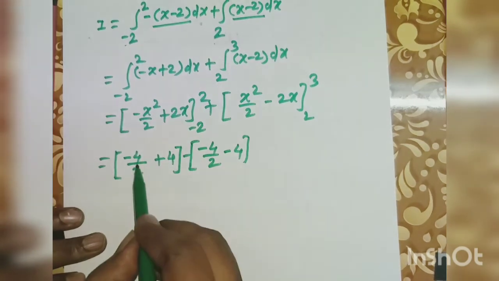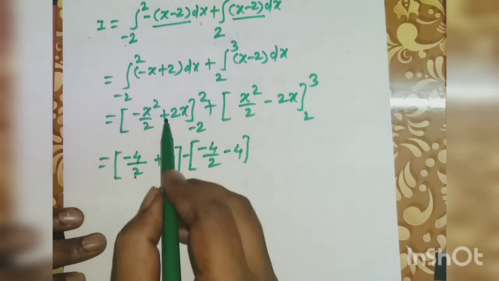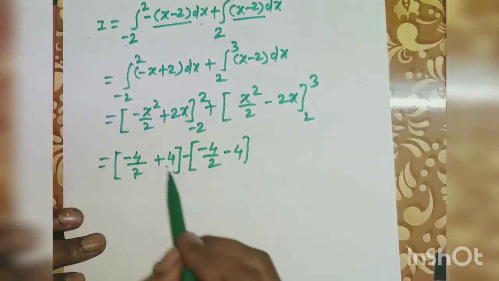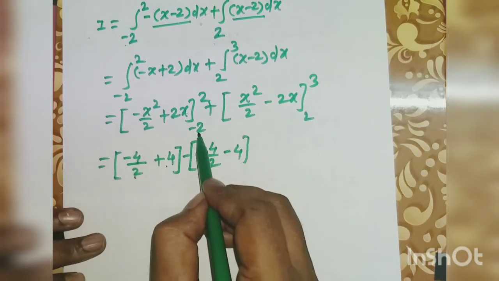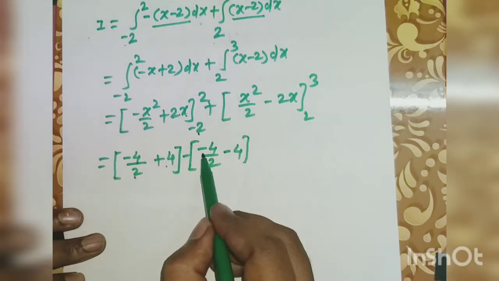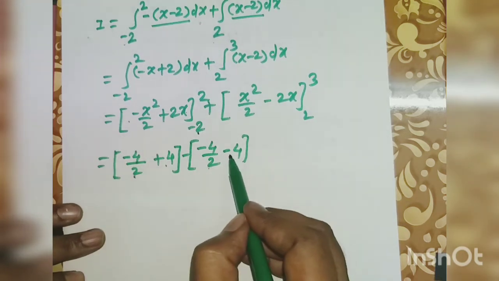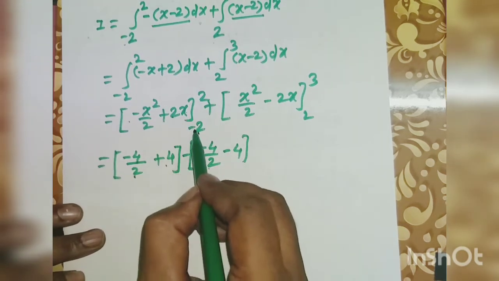Upper limit 2 square is 4, 4 divided by 2, plus 2 into 2, 4. Lower limit minus 2. Minus 2 square is positive, this minus sign divided by 2, minus plus 2 into minus 2 is minus 4,